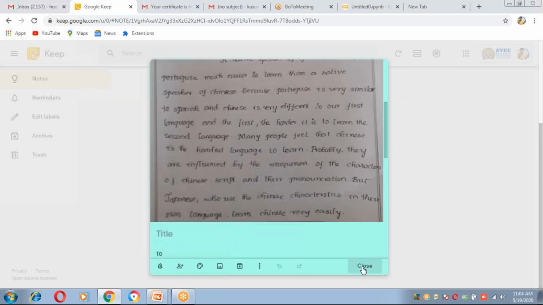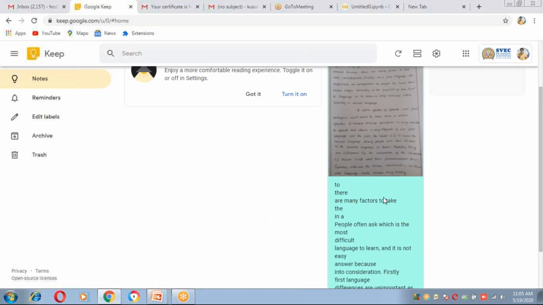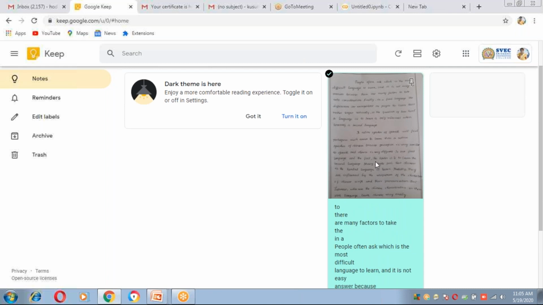Okay, so I'm closing. It's 11 o'clock. In the morning session, we have discussed Google Keep, Google Quiz, Google Form. These three softwares we discussed to conduct the quiz program for the students and how to convert the text. One more thing: this is the scanned copy, handwritten notes, converted into editable text.